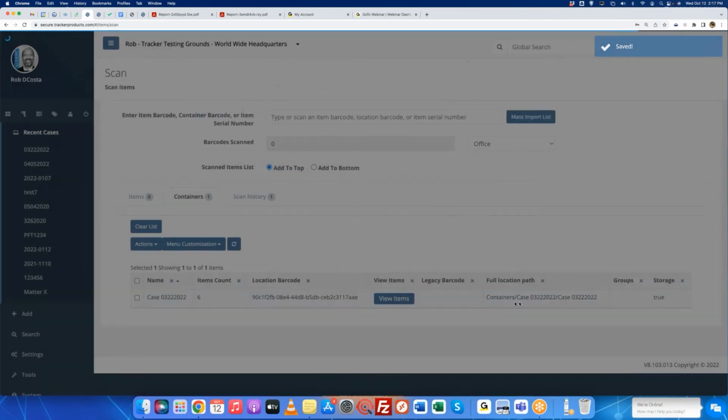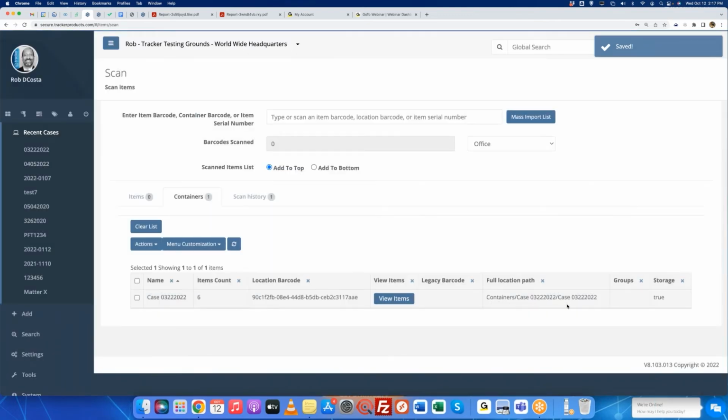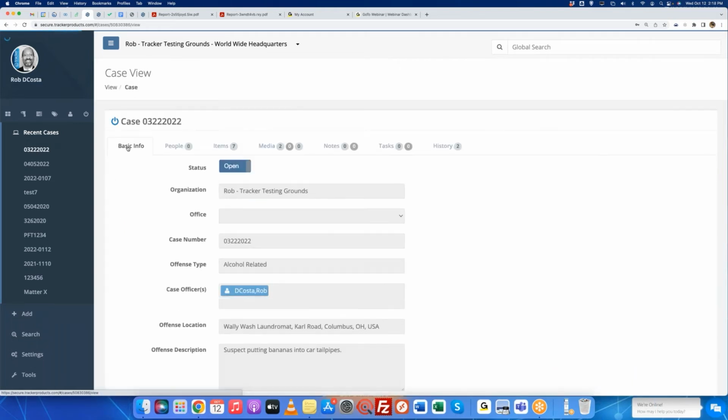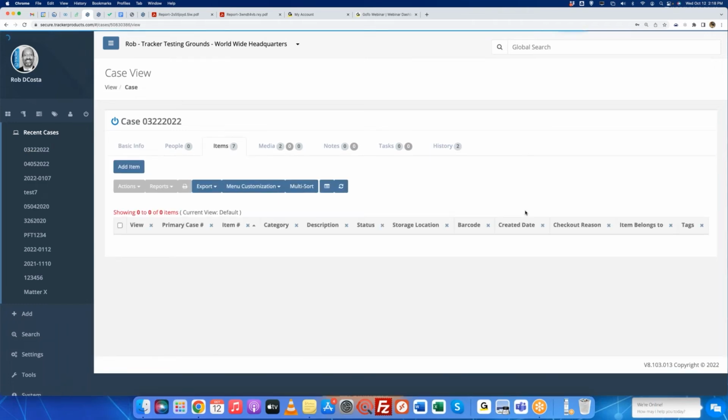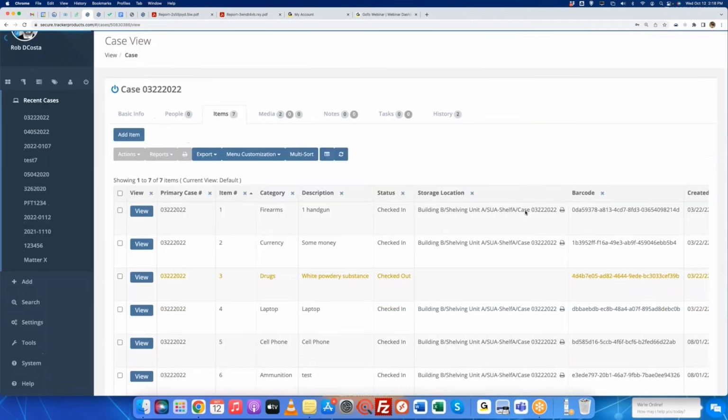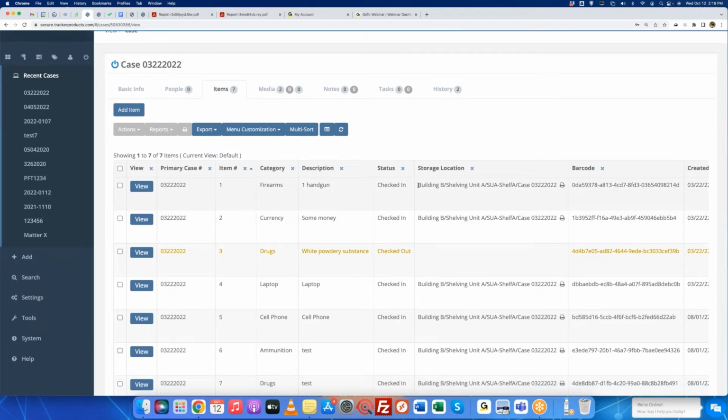And now the path is going to have changed. So now if we go back into our case, go to our items, we'll see that path has indeed changed from the containers folder